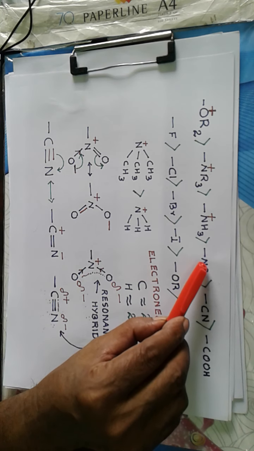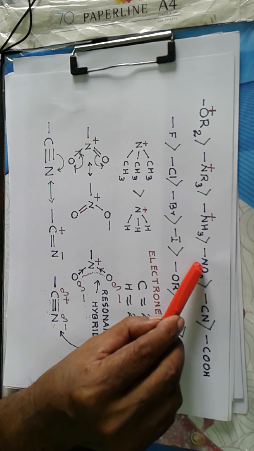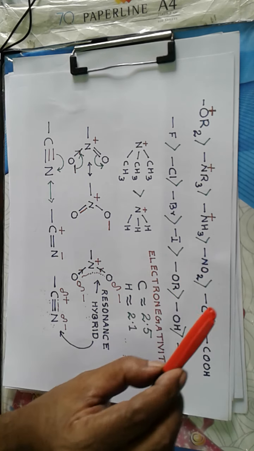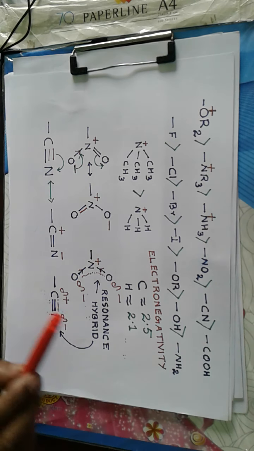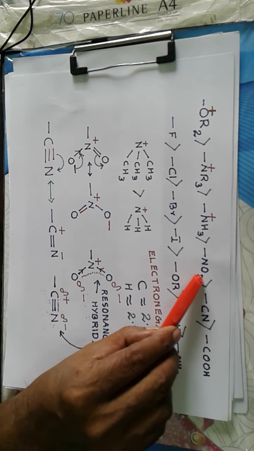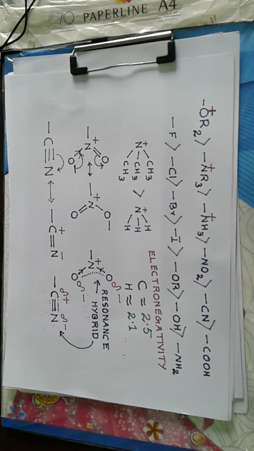But in the case of a nitro group, the atom directly bonding is nitrogen, and since nitrogen is more electronegative than carbon, and again it contains electronegative atoms like oxygen, we can say that the cyano group shows a lesser electron withdrawing character. Now when we come to the carboxylic acid group,